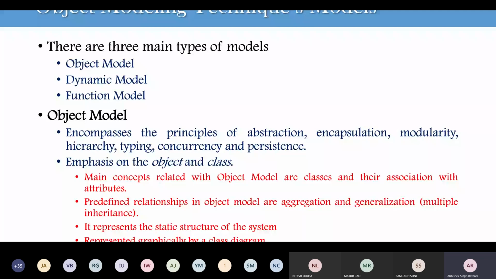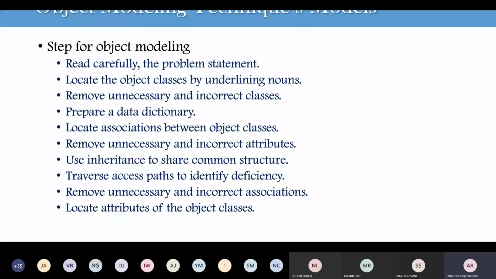Then before developing an object model, we have to go through some steps that help with object modeling. And this is our first practical, for the problem statement, that we'll cover tomorrow. How to write a problem statement, how to build your class diagram and domain diagram, and so on.